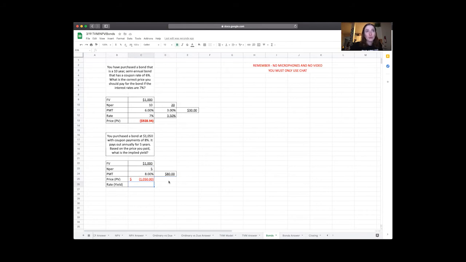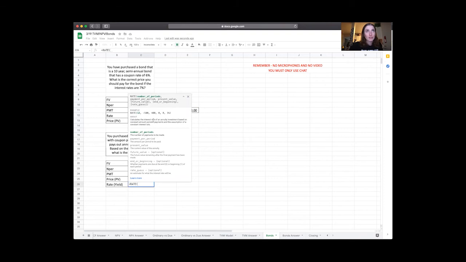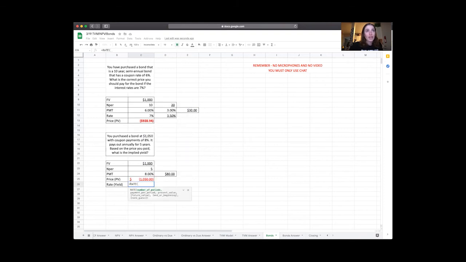So to find your rate or your yield, that's just equals rate. And your number of periods, your payment per period, your present value, and your future value. So you're left with a rate of 6.79%. So if you were to buy this bond today at that price with that amount in payments, that is what your yield would be. So that's how you solve